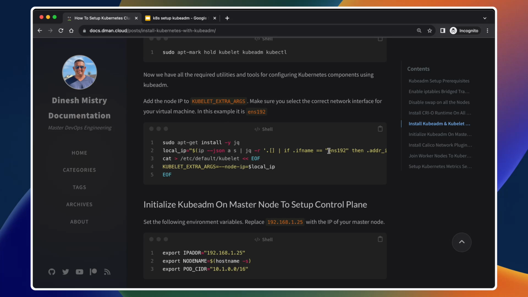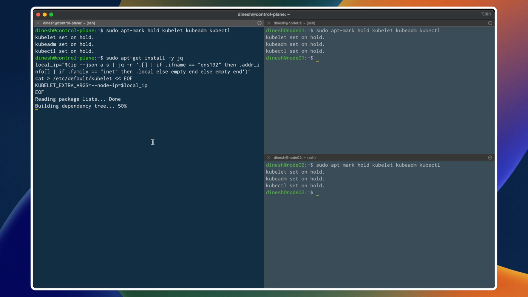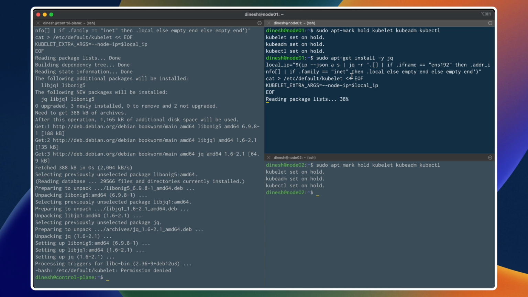In my case, the network interface is on ens192. Be sure to change this to whatever your Ethernet adapter is. Maybe it's eth, or it could be something different. But since I'm set up on VMware, it defaults to ens. So let's go ahead and copy this, and then we'll set this on all three machines,